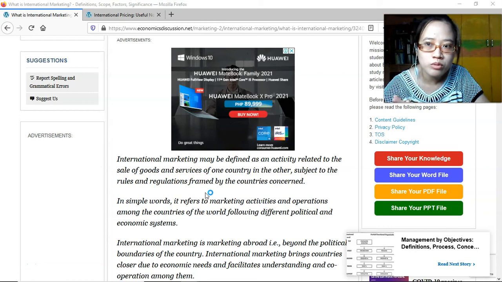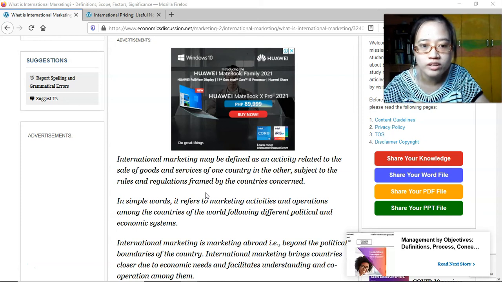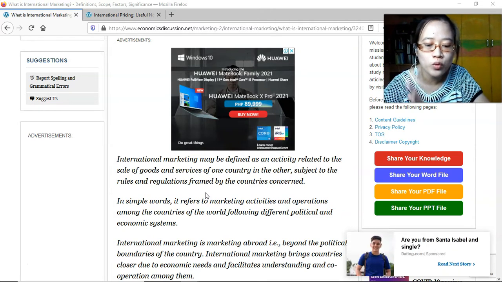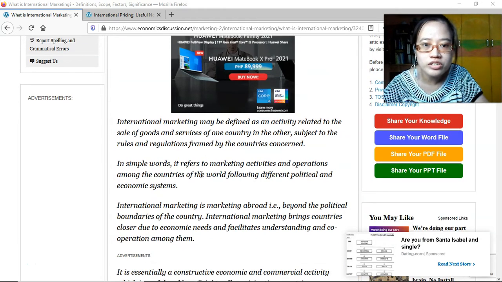One of the most important things to consider when doing trade in other countries is, of course, compliance with the laws. So it's important that you are aware of the rules and regulations being imposed in that particular country, because what might be legal here could be illegal somewhere else. In simple words, it refers to marketing activities and operations among the countries of the world following different political